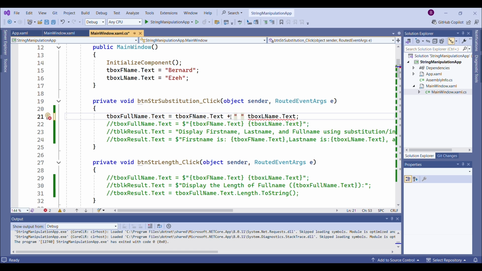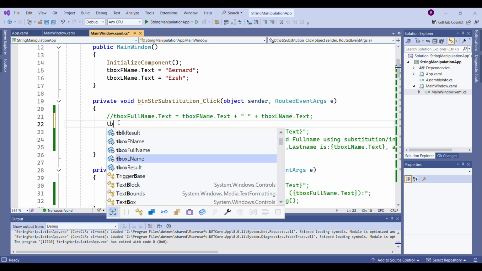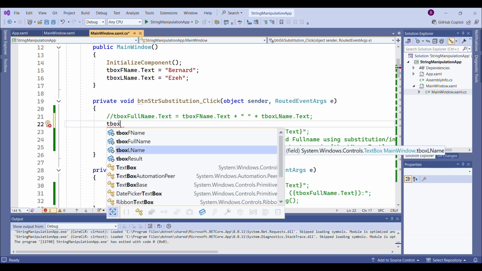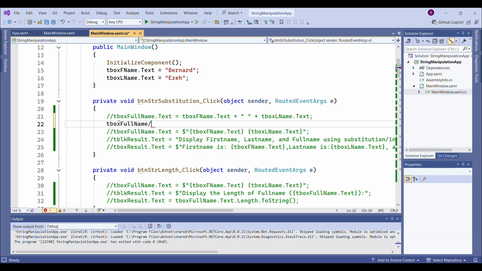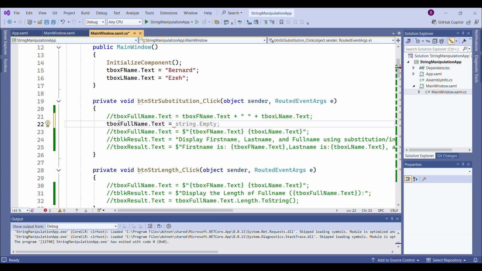Then we can progress to explain what substitution means. If I put it back here, supposing I comment out this now, and supposing I use another format called substitution, which is the subject of this, I just say I want tbox full name dot text to be equal to,